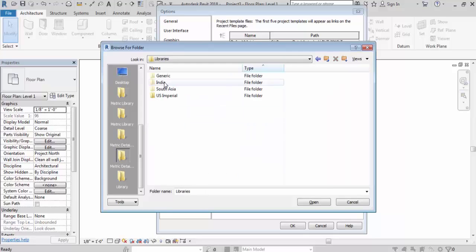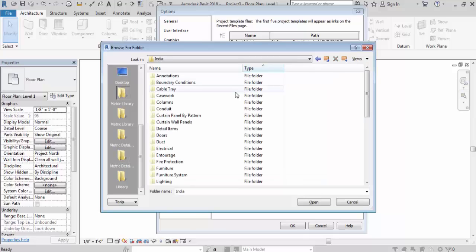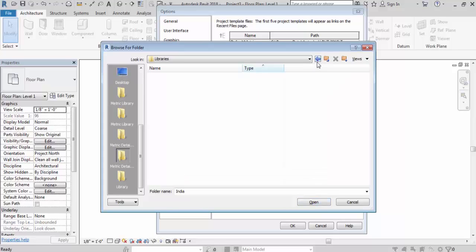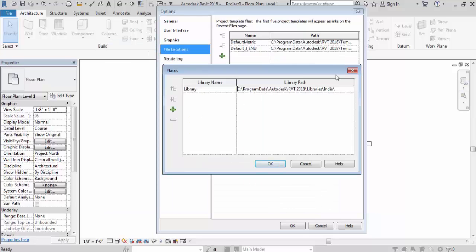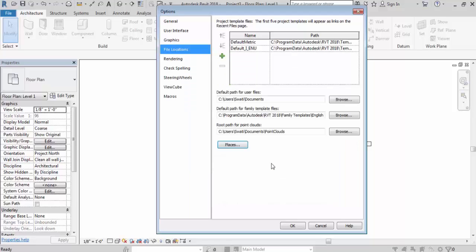Now go inside Indian. Whatever unit you want, go inside Indian and click on Open here. I will show you again. Go inside Indian and now click on Open. You can see now Indian is coming here. Now click on OK. Now again click on OK.